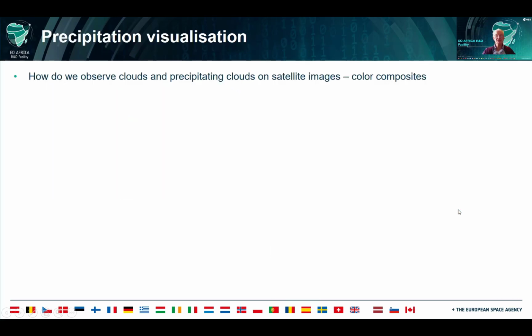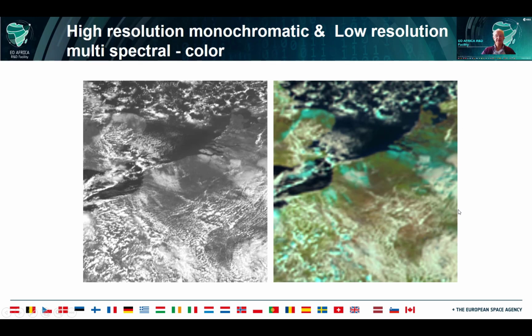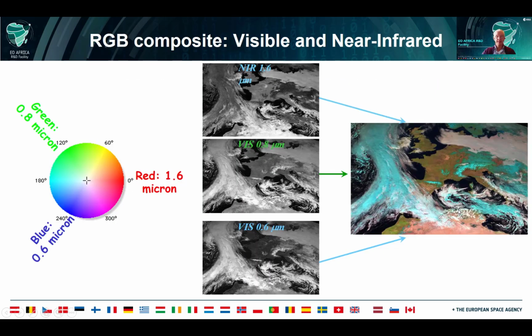So how do we observe clouds on satellite images? Here you see a panchromatic image on the left-hand side with a 1 kilometer spatial resolution subsatellite, as well as the multispectral lower 3 kilometer subsatellite resolution color composite of the visible near-infrared channels. So there is a great detail on geostationary observation at 1 kilometer resolution. We can combine the near-infrared, the visible parts of the electromagnetic spectrum, into a color composite, resulting in a coloration of clouds